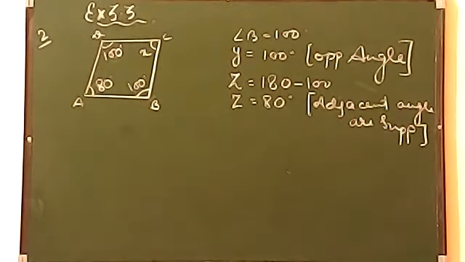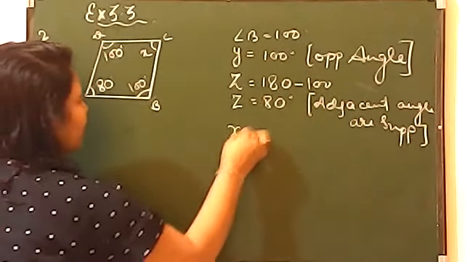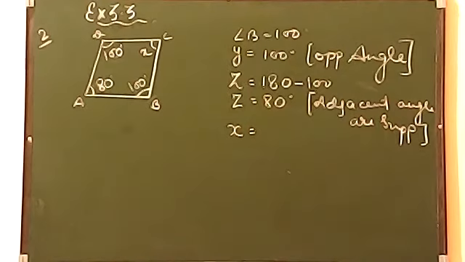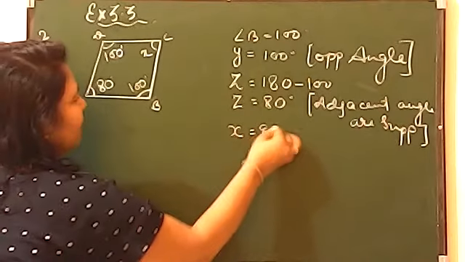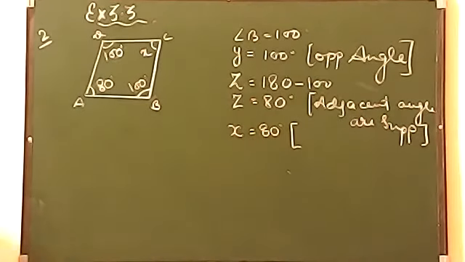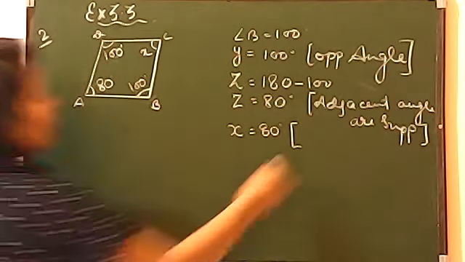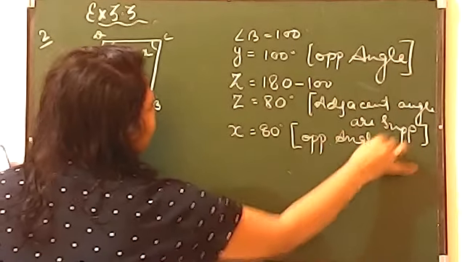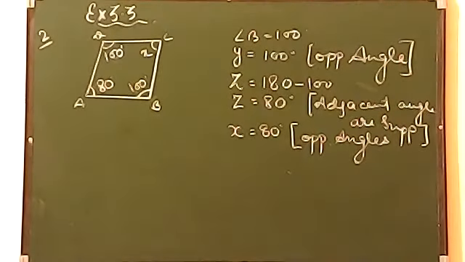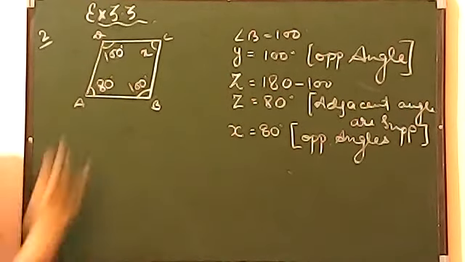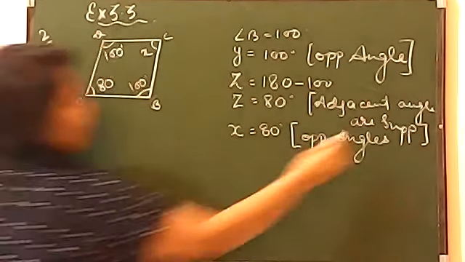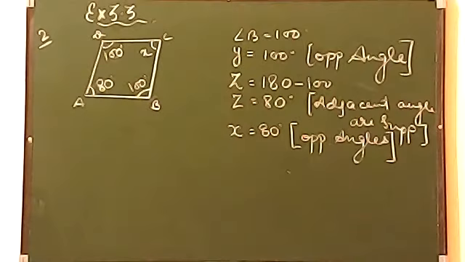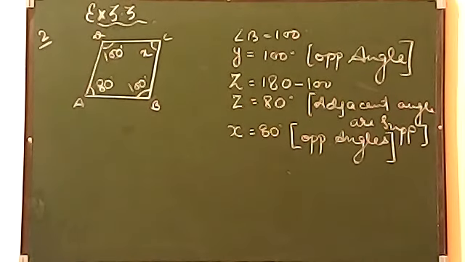Now see and tell me what will be the value of x over here. Why 80, beta? Can those who have an answer tell me? Yes, you can use both the properties. Adjacent angles are supplementary, you can use that to find it. And also you can find it using opposite angles are equal. So both the properties will apply, and this is the complete question number 2A.